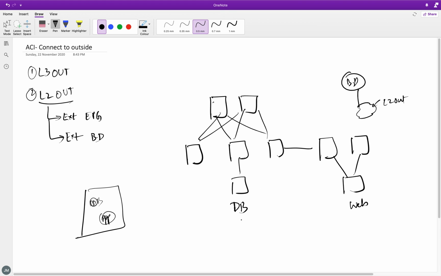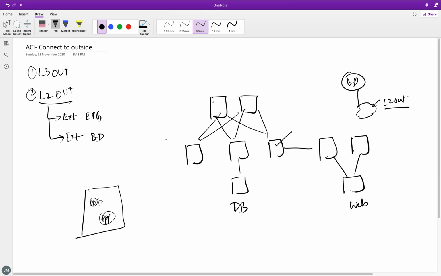I mean, this obviously will still be connected over here, but the only difference is in this configuration, you will go under that existing bridge domain where you want to extend, right? And you'll actually be going to create external bridge domain, and there you have the option for selecting which bridge domain you want to extend. So the internal bridge domain, let's say, maybe it's called BD, and for the external one which you want to extend, you'll have to give a name, L2 out, and you can extend,